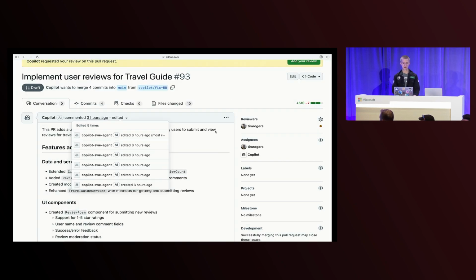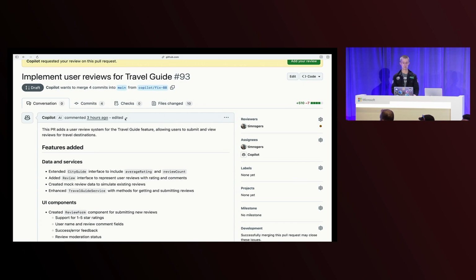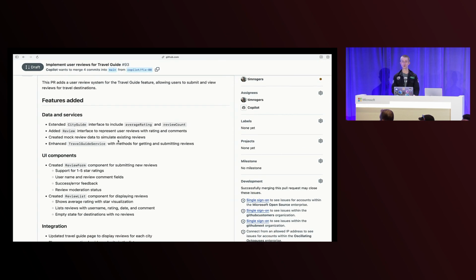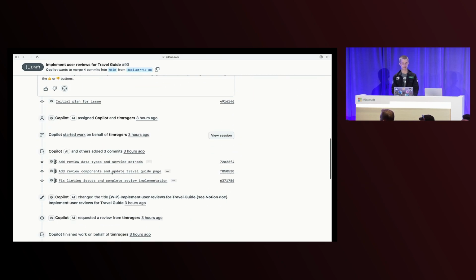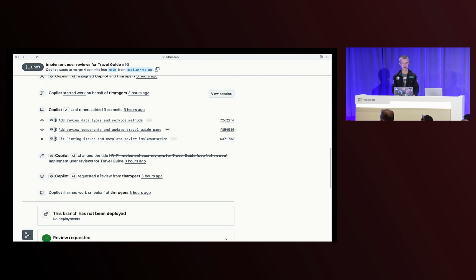And then when it's done, we get a nice title that describes what the pull request is, and the kind of pull request body that you would love to see from the developers on your team that describes what's been implemented, how it's been done, and even, in some cases, how to test it. So you get a really good PR title and PR body at the end. And as Copilot works, it progressively pushes commits, and you can see here it's broken up this work into a bunch of commits, which is, again, what you would want from the ideal developer on your team, probably. And when it's done, it requests a review from you as the person that assigned the work, so you can jump in and give feedback.